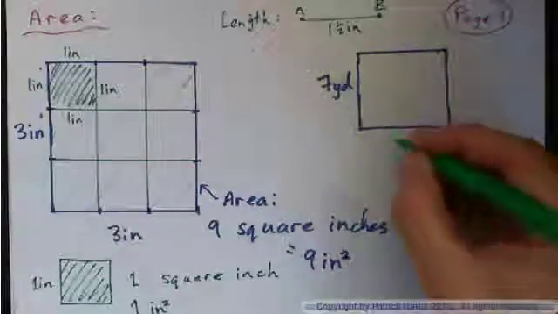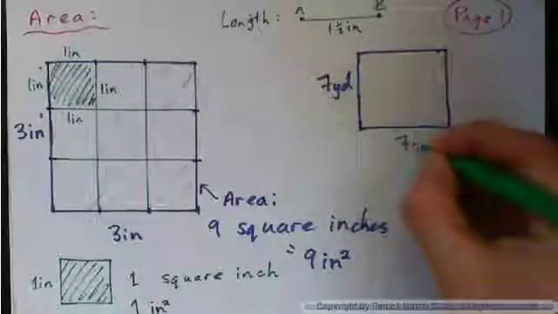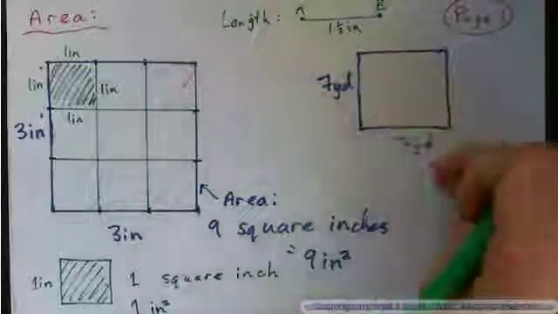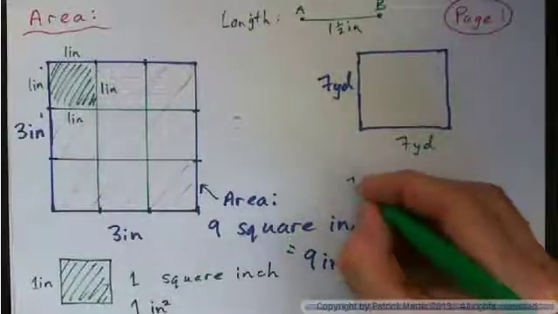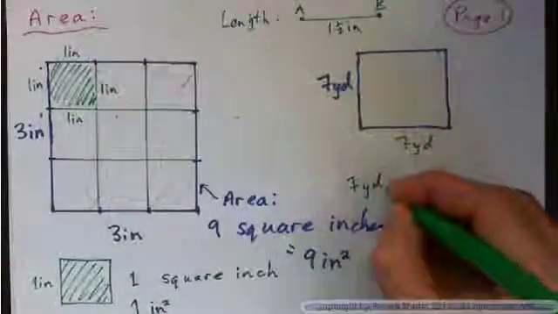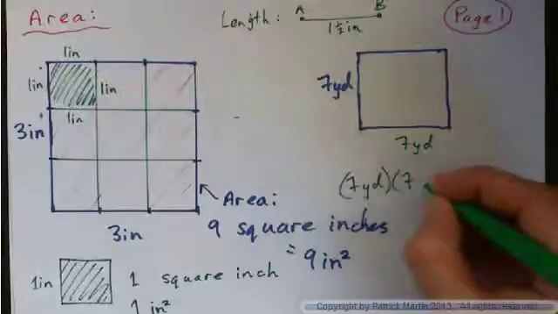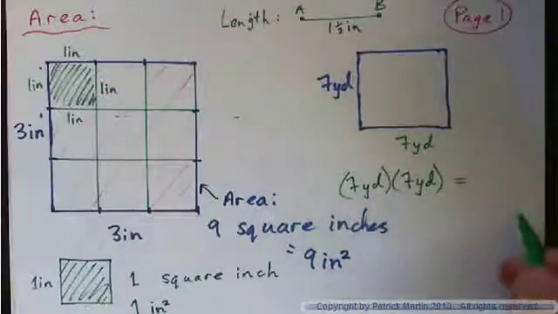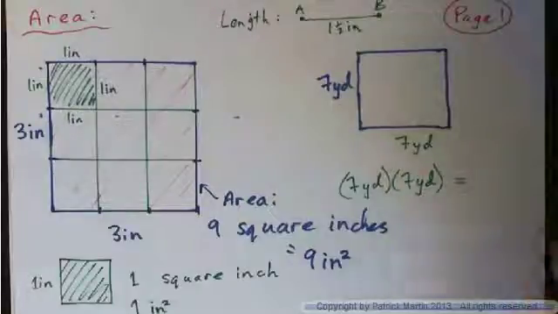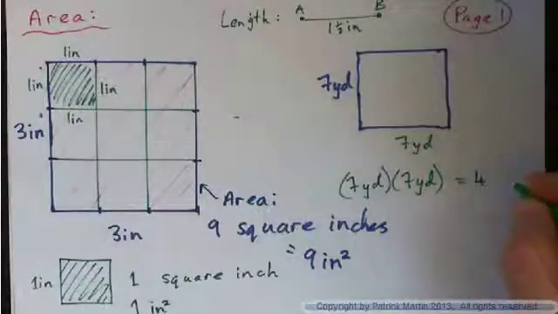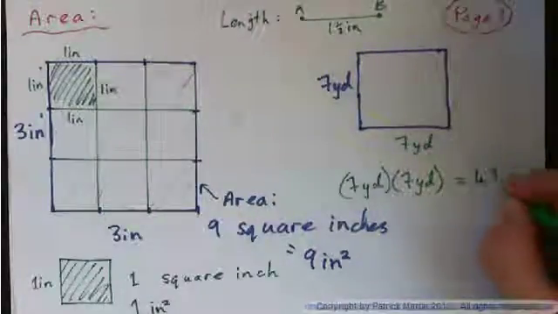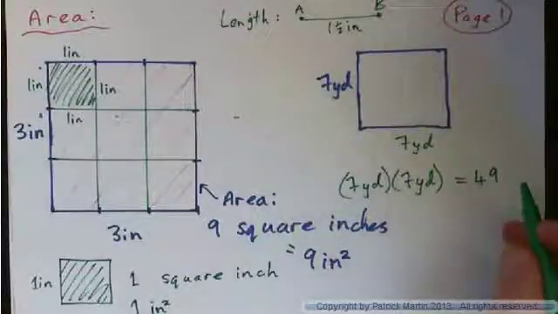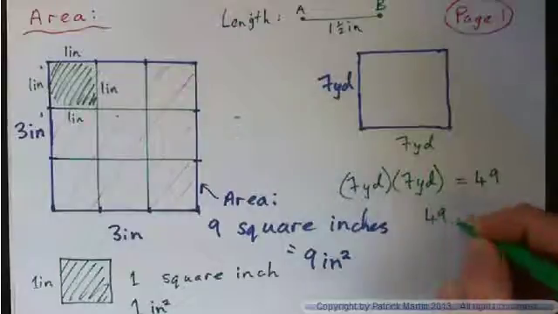Well, you can say that it's a square, and so this side has to be 7 yards as well, right? So the formula for the area is just 7 yards multiplied by 7 yards gives what? Well, what's 7 times 7? 49. The answer is 49